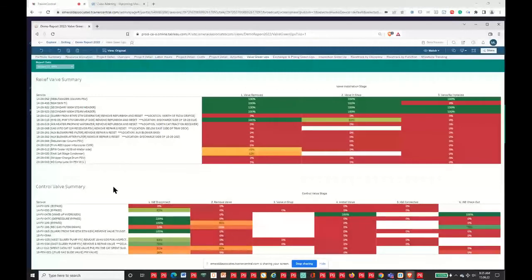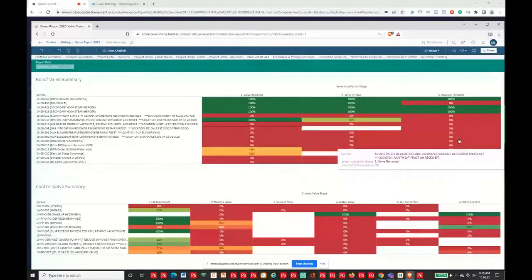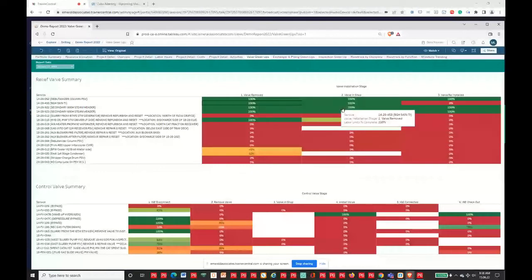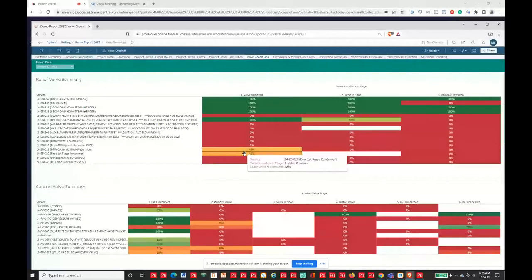You no longer need to do that. As long as your schedule is updated, this is all going to summarize and generate these particular charts for you. Now, it makes it very easy because of the relief valve summary. Okay, where am I with the relief valves? Valves removed, valves in shop, valves reinstalled. Whatever the breakdown is, you can see what's finished and what isn't, and you can see what's started and not